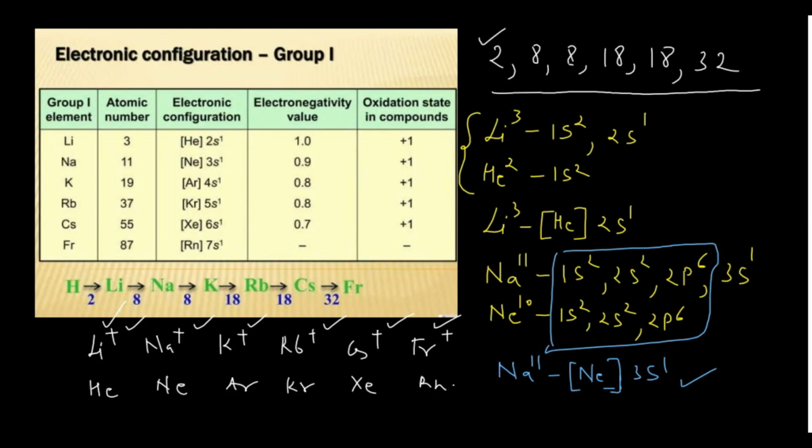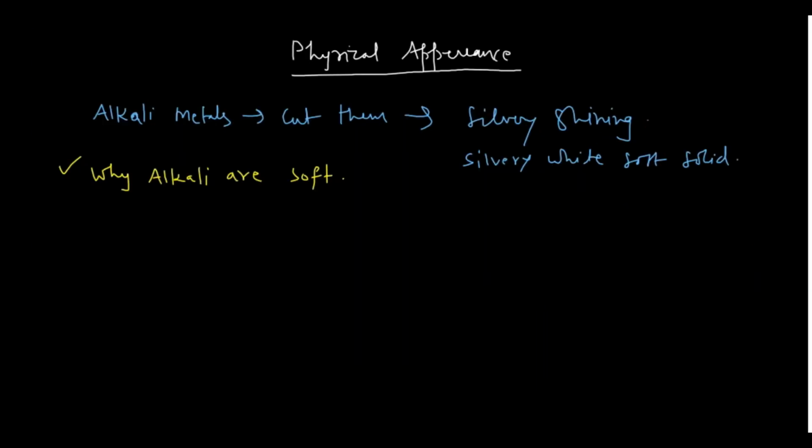That means only one bonding electron is there, so the metallic bond in the alkali metals is very weak, and due to this weak metallic bonding, the alkali metals are soft in nature. If you start from lithium and go to sodium and then potassium and so on, up to francium,